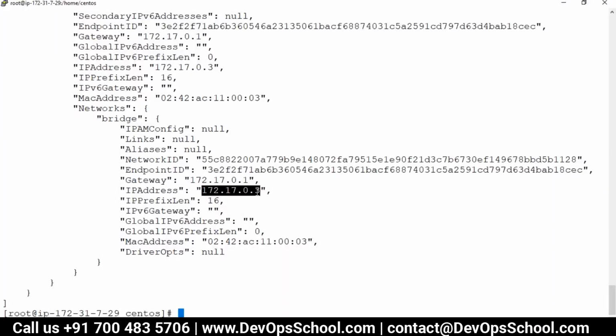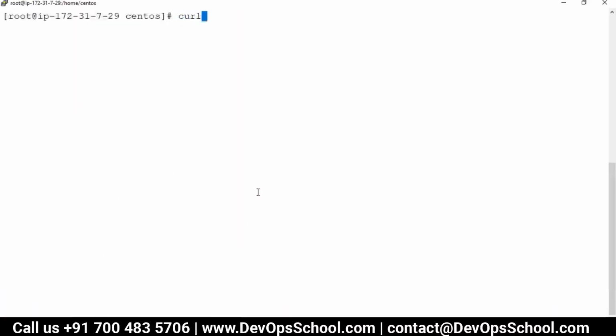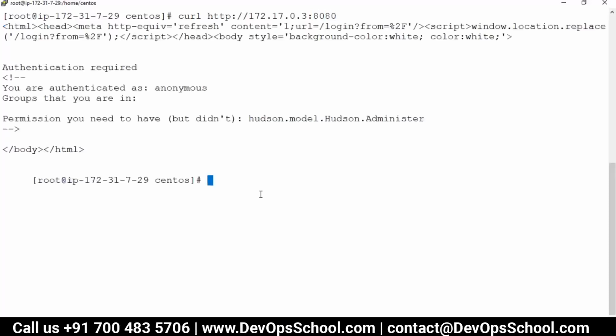So can I call curl with HTTP? Jenkins runs on which port? Anyone remember? 8080. See, it's a login page.